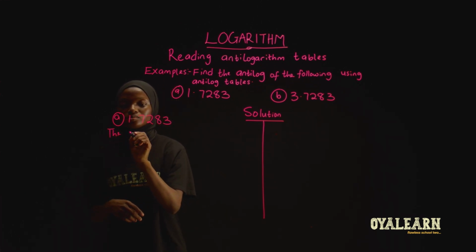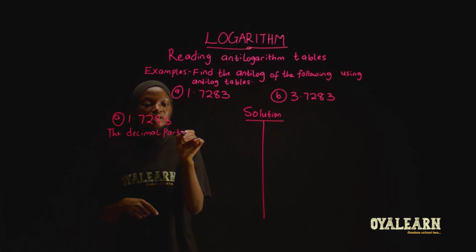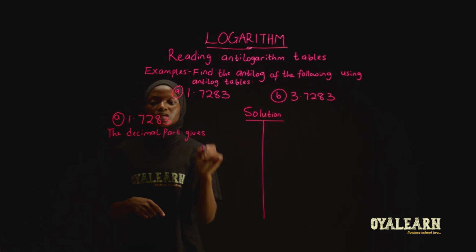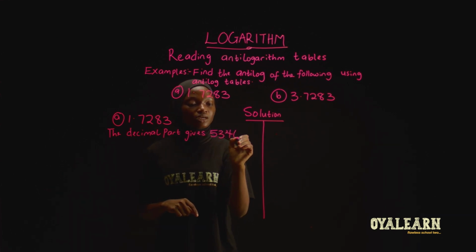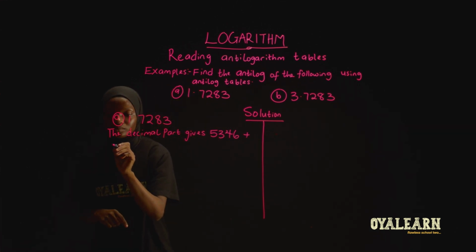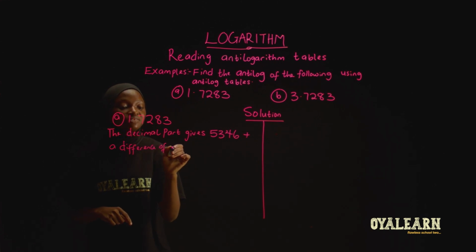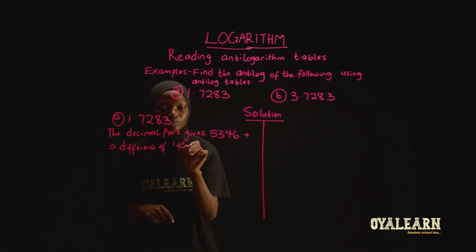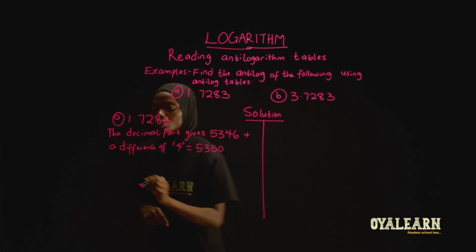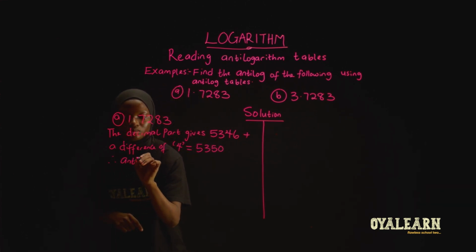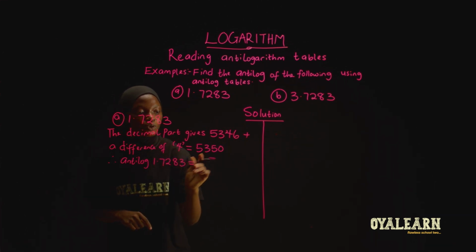So the decimal part gives 72 under 8. You would have 5346, then plus a difference under 3. The difference under 3 gives us 4, so we add it up, and that gives us 5350. So therefore the antilog of 1.7283 becomes equal to this value,